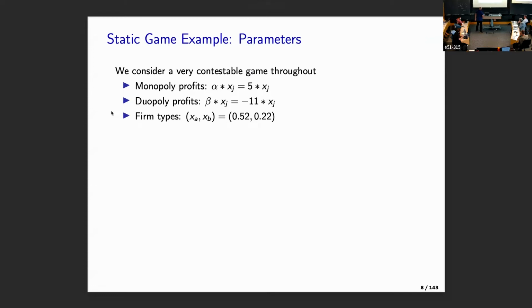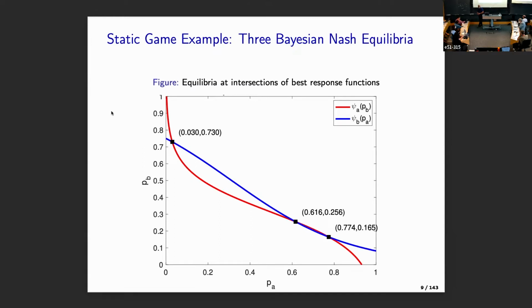Okay, so here are some parameters. Alpha is equal to 5 in the game we're going to look at throughout, and then we have beta equal to -11. So you're really going to be hit by a hammer if the other guy is there. So it's a very contestable anti-coordination game. And then we have two different types of firms. One just has a little bit bigger X than the other. Okay, so if we look at the best response functions,